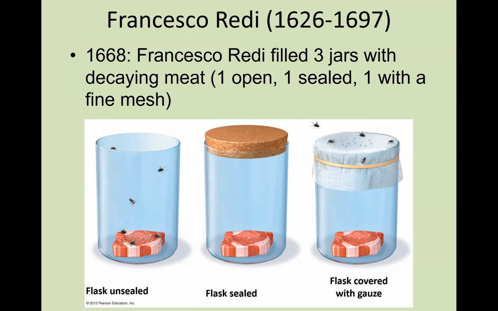But then what happened is when you see the sealed flask and the one that was covered with this gauze or this mesh, you also notice that there weren't any maggots on this meat. And again, that's not what would have been expected because it wouldn't matter that it was sealed, dead could arise living. Well, this is the first kind of thought of, okay, something doesn't make sense here. Why did one jar have a bunch of flies and the other 2 didn't? And as you can see, there's still flies on the top of the mesh, but they're not coming from the actual meat itself. And if you look at the flask that's sealed completely, there are not any flies or maggots to be seen.